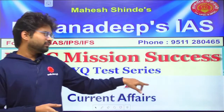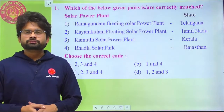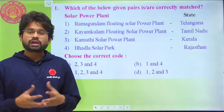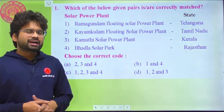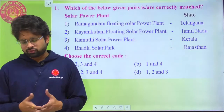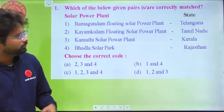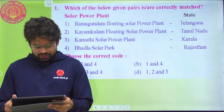The questions are listed here. The first question is regarding a few power plants, actually solar power plants, which are floating in nature. The question asks you the locations of those floating solar power plants, and they have given 4 such pairs. I would like to name them all. I have this copy here also. The first list is here,